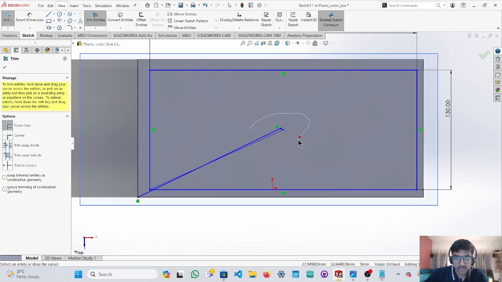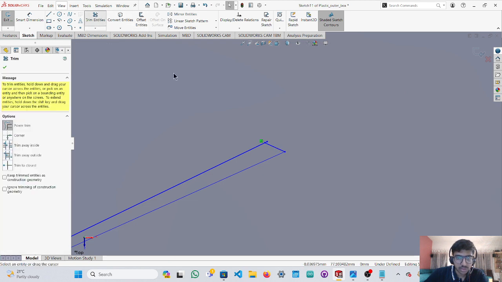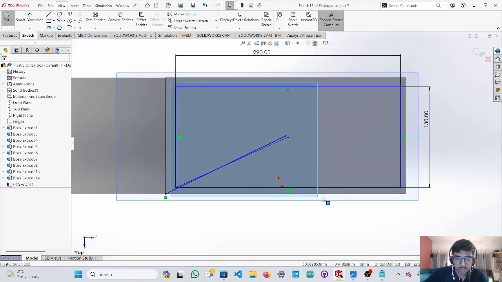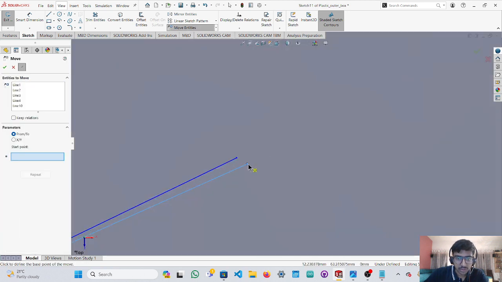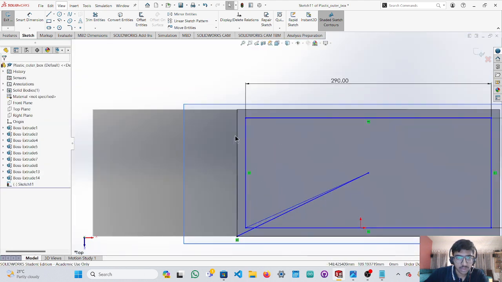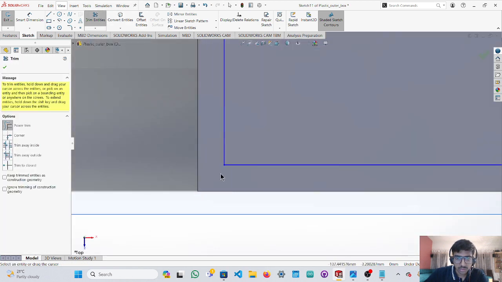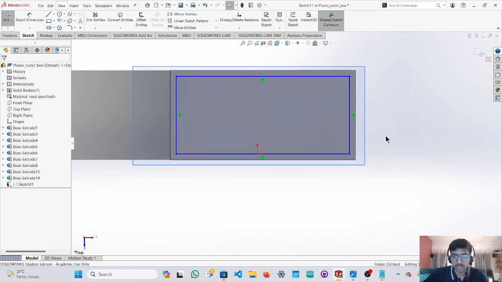So we trim these parts, trim this line as well, and now we move this entire thing such that this part coincides with this. Now let's trim these entities. Let's go back here, remove these smart dimensions, and now what we do is,